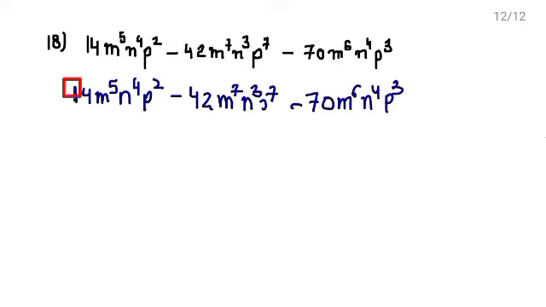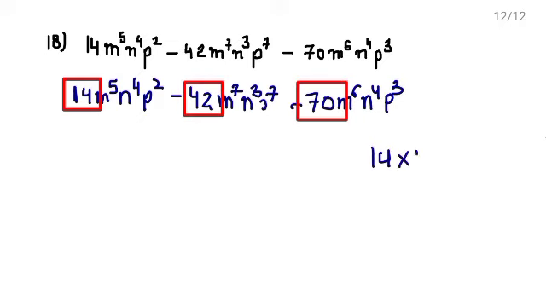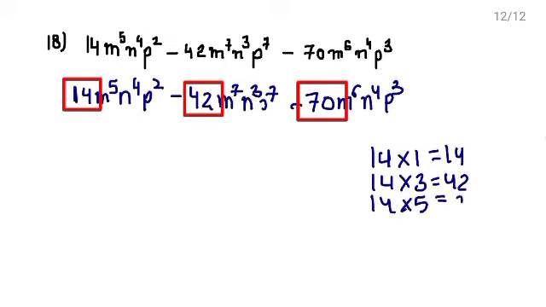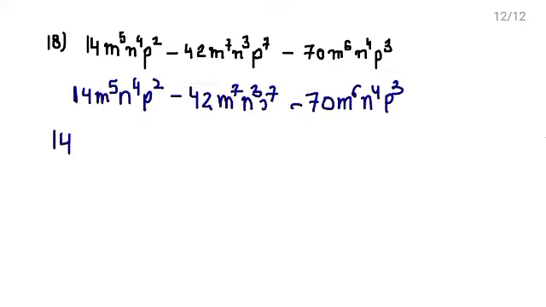So let's see, out of this 14, 42 and 70, so 14 ones are 14, 14 threes are 42, 14 fives are 70, राइट स्टूडेंट्स। जब आप ऐसे फैक्टर्स बनाते हैं चेक करिएगा यहाँ पर कुछ कॉमन तो नहीं है, ये किसी एक टेबल से डिवाइड तो नहीं हो रहे, राइट। देन यू विल टेक दिस फैक्टर कॉमन, राइट। सो यू विल टेक 14 कॉमन हियर। नाउ there is m raised to the power 5, m raised to the power 7, m raised to the power 6.